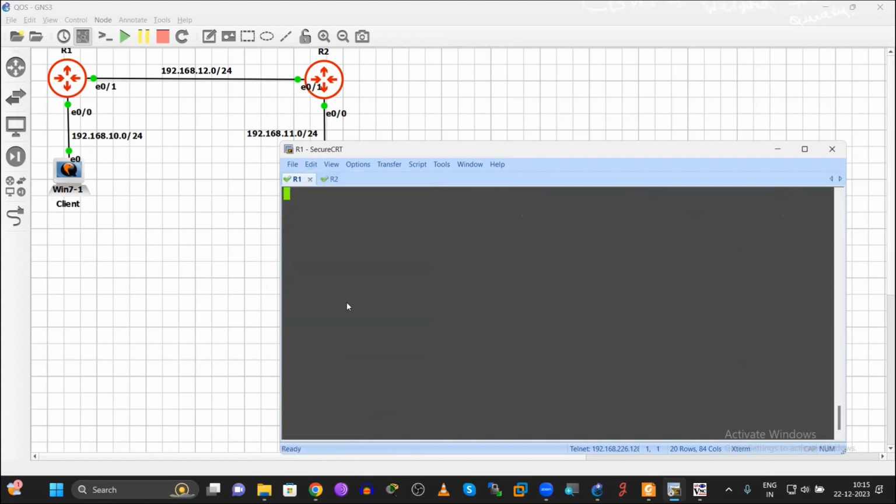Just clear the screen. I need to create an access list. Type ip access-list extended, and type the name as test. You can give any name to it.